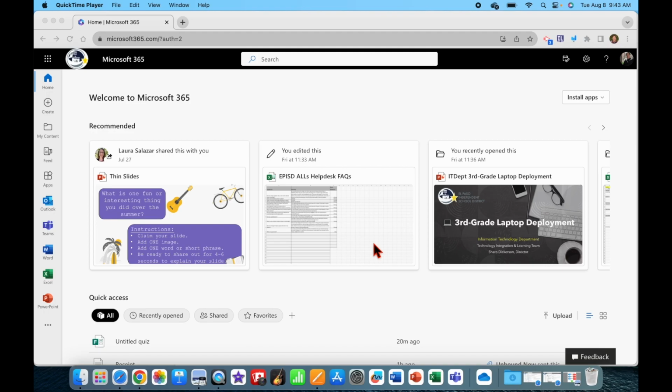Welcome to this first lesson on how to create an interactive lesson using Microsoft Forms. Microsoft Forms is a Microsoft tool that can be used to create various forms to collect data from parents or students. It can also be used to create quizzes, but it doesn't make a lot of sense to use it for quizzes in our district because the assessment feature in Schoology is such a powerful tool for creating quizzes and